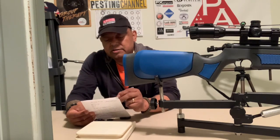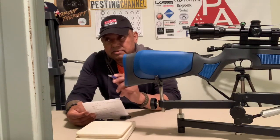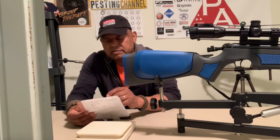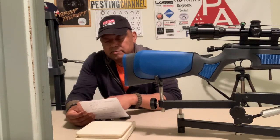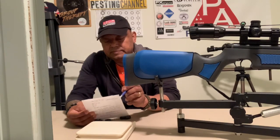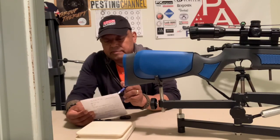Anything in the 600 feet per second range in a .22 caliber will not over penetrate. The break barrel, the Crosman Puncher Breaker with the adjustable power wheel, and the Verminator, that was at 591, didn't penetrate. Now,